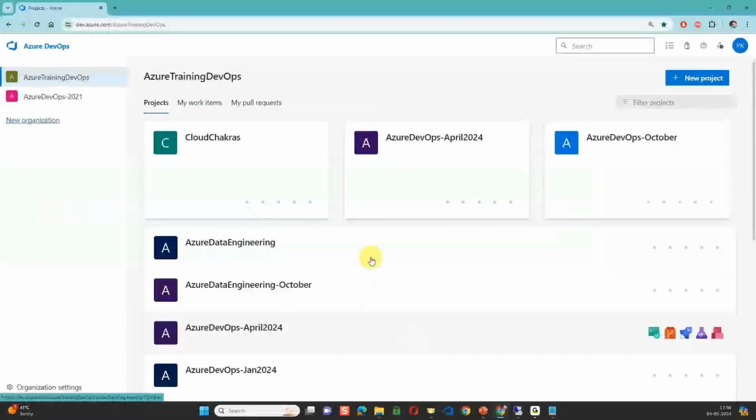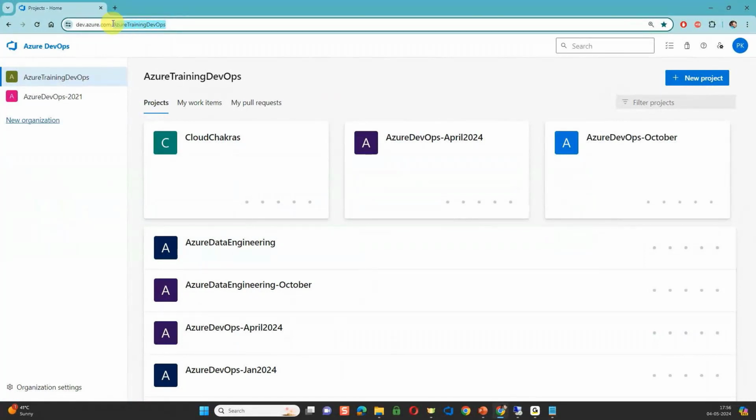Okay. So I have an Azure DevOps organization. As you can see in the URL, Azure Training DevOps is the organization. I have two organizations. I can create more by clicking on this. But within this, let me create